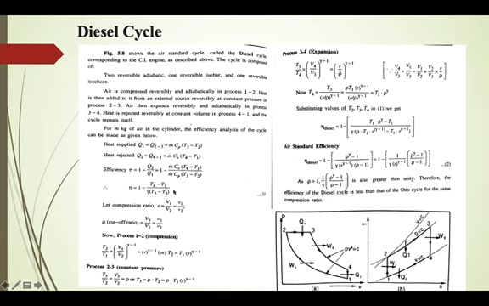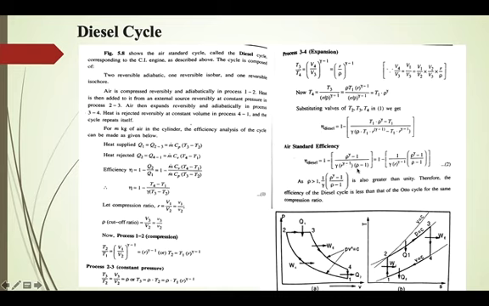Substituting that in this expression of efficiency, instead of T4, T3 and T2, we have expressions in terms of T1. So instead of T4, T1 into rho raised to gamma, minus T1; instead of T3, we have rho into T1 into R raised to gamma minus 1, minus, instead of T2, T1 into R raised to gamma minus 1. Here T1 is a common term, we can cancel this T1 and then rearranging, we get efficiency of diesel cycle is equal to 1 minus rho raised to gamma minus 1 by gamma into rho raised to gamma